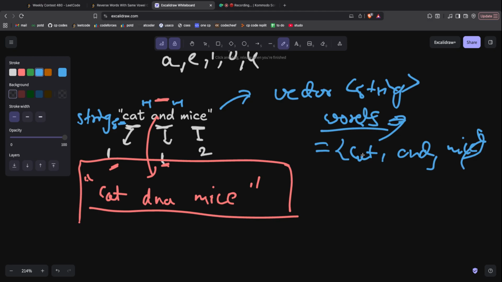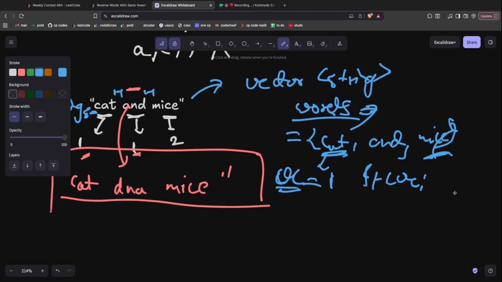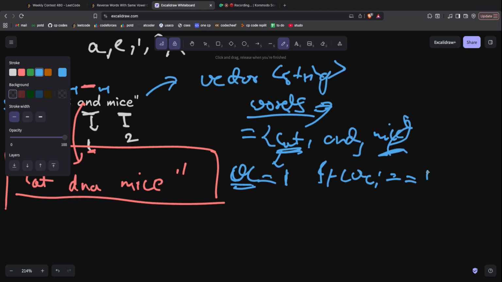Then we can get the vowel count of the first word. We'll store the vowel count in a VC variable, and this would be one. Then we can iterate over all the words. If the vowel count of the ith word, VC[i], double equals the vowel count of the first word, basically VC[0],